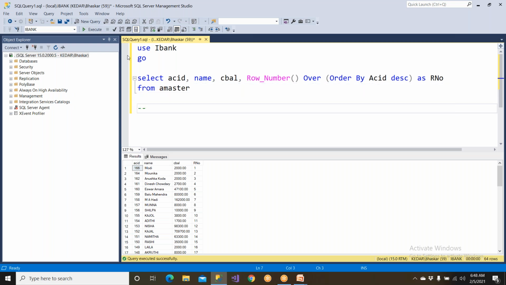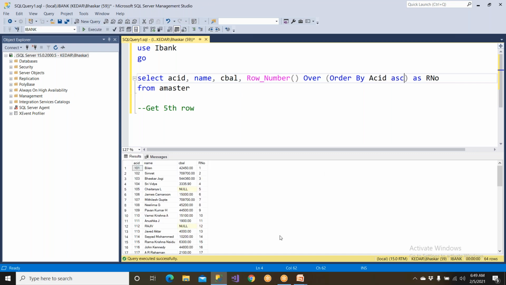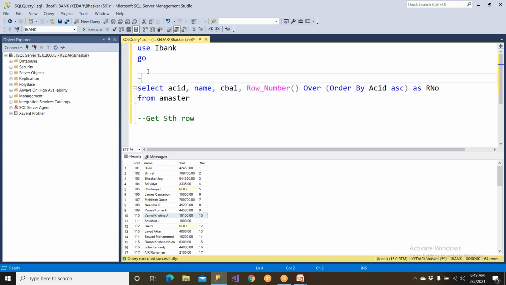Now I wanted to get the fifth row, in ascending order only, or you can say ascending, there is no issue. I wanted to get the fifth row. So this is the data I wanted to get, or I wanted to get the 10th row. So how do you get the 10th row or the fifth row? You must take this. This is where we are going to be using the row number